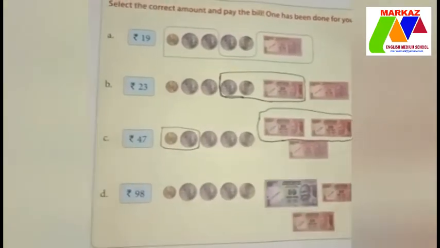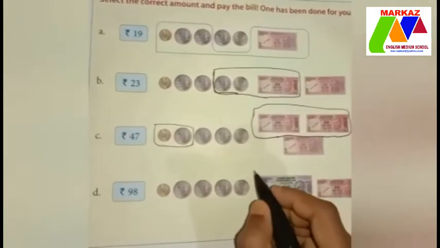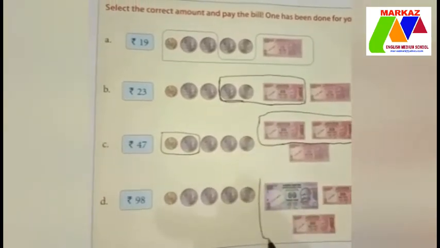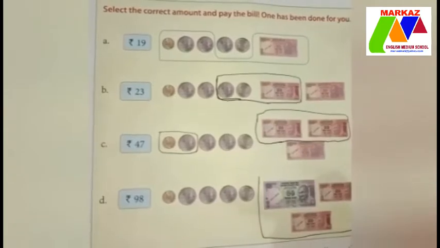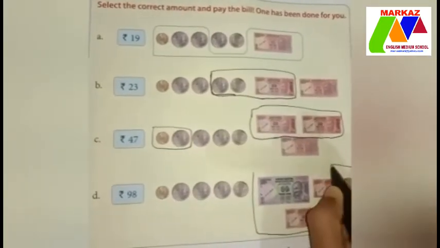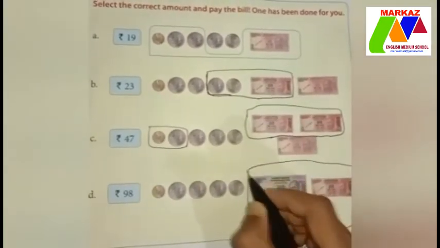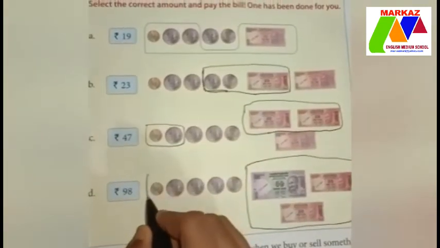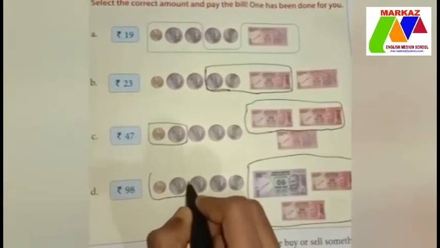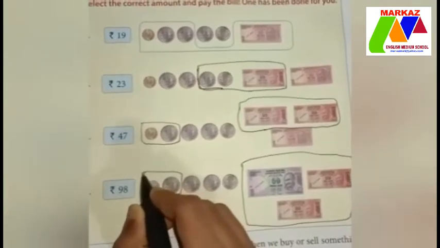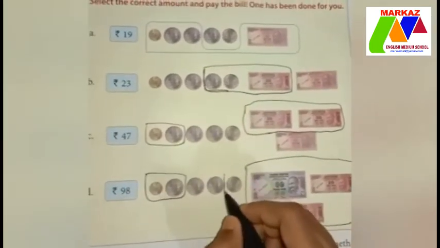Next, to make the amount rupees 98, we can select 1 50 rupee note, 2 20 rupee notes, 1 5 rupee coin, 1 2 rupee coin and 1 rupee coin.